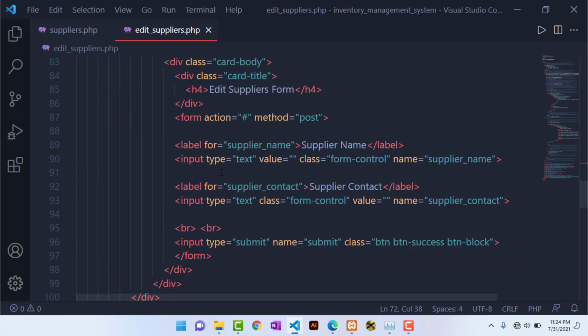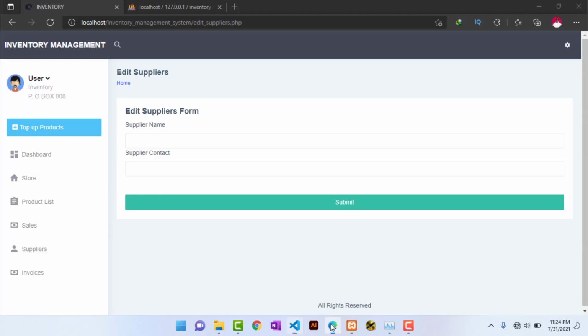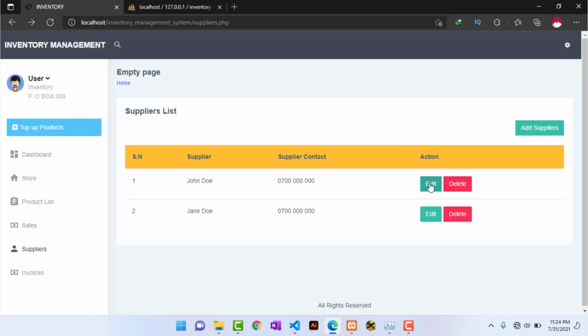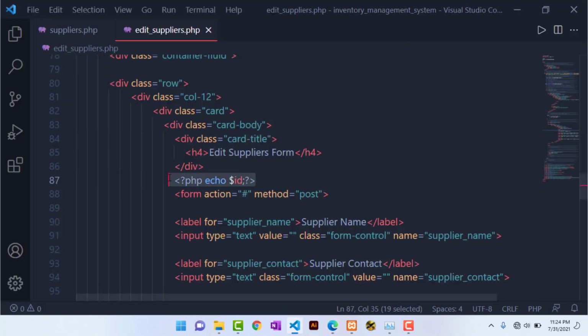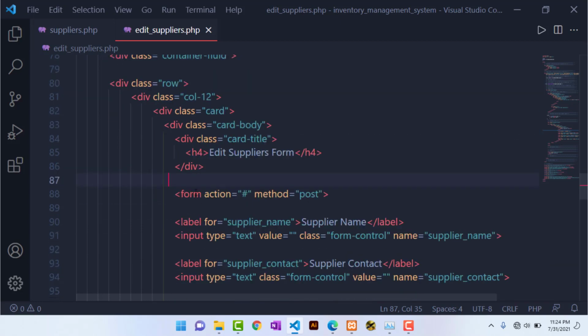So maybe I can below here come and try to see if I can get the ID. So PHP echo ID. So we can now try and see if we can get the ID. So I'm heading back to the suppliers, and then I hit on edit. Yes, and I'm able to get the ID. Let's try with the second one. So yes, I'm able to get the ID, so things are working as expected. So I can get rid of that, and now here we want to come and write some